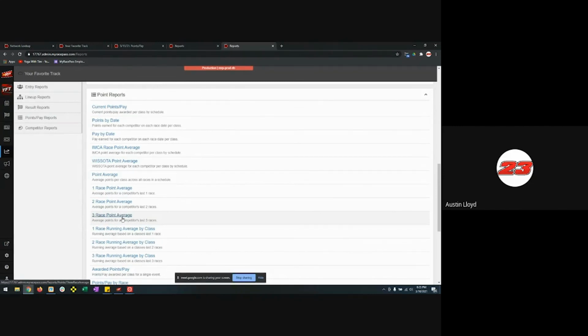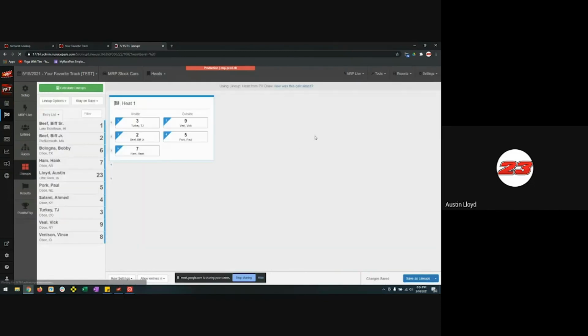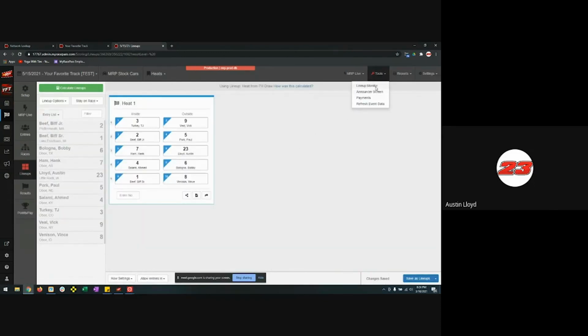So you can do that through point average. And Sam, yeah, you can send that to a separate display. I'll tell you this flat out, I'm actually going to show you something else. When I'm announcing at Houston's, we have another computer monitor mounted to the wall there all the time that never moves, and we actually have that. We go back to lineups here. Go to tools, lineup monitor,